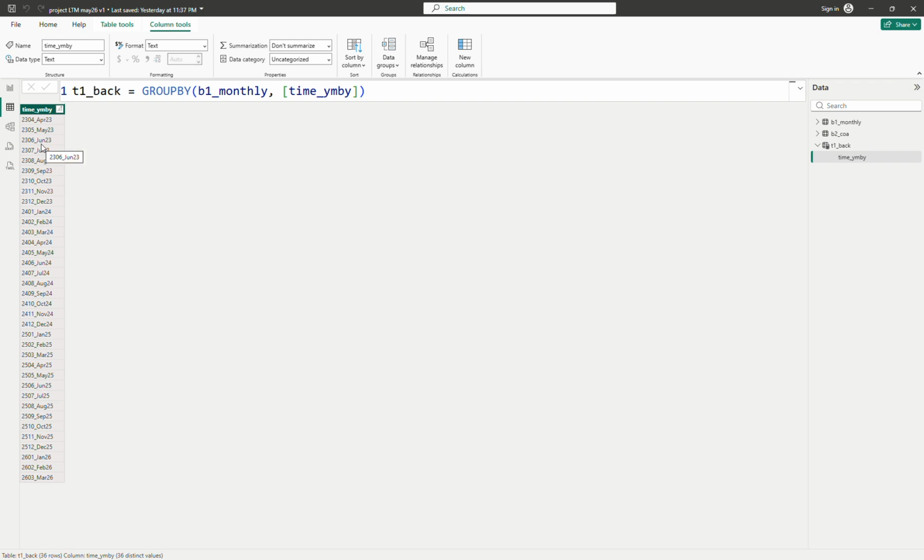But there is a little bit of a problem with this one because this is not actually time, this is a text. So there's a date function to convert this one, a little bit complicated, but I'll show you another way to do that. I will make this scale, but then I will also